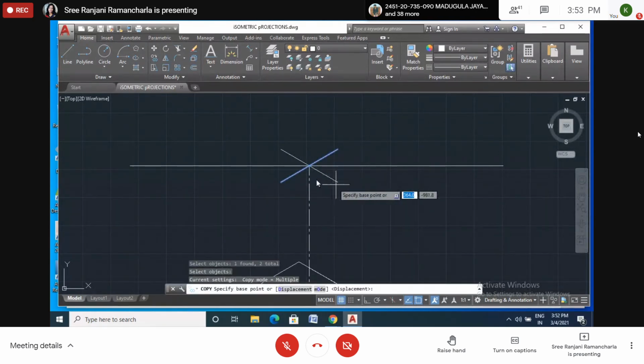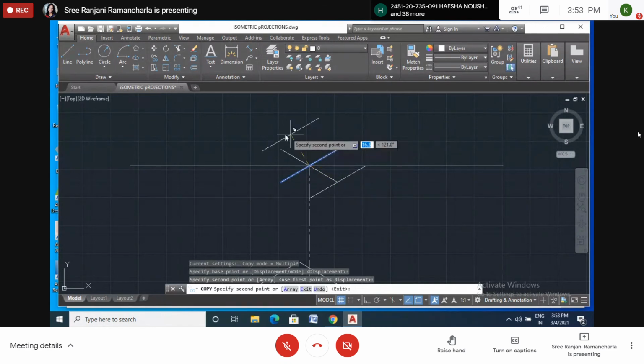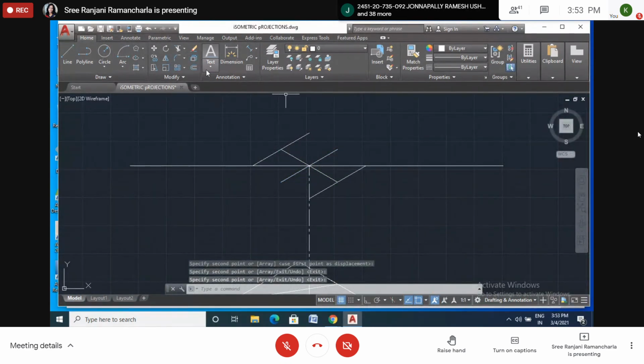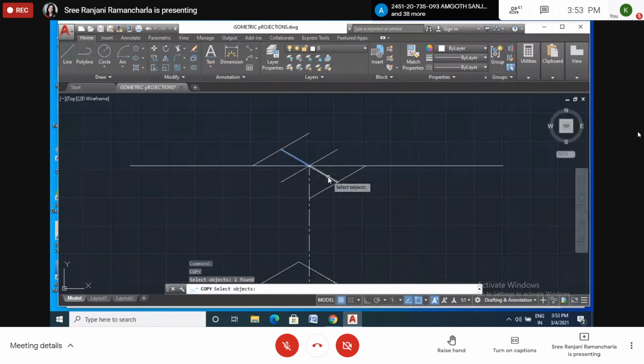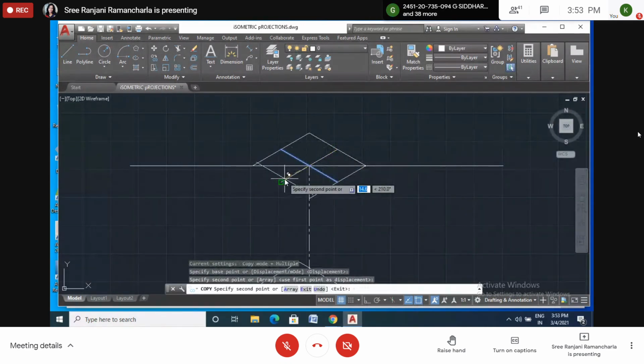I want to give the displacement point here so that I can easily copy here, and one more here, enter, and double enter, one more enter. Okay, and for this one displacement point I want to take the center and copy exactly. I can copy here.